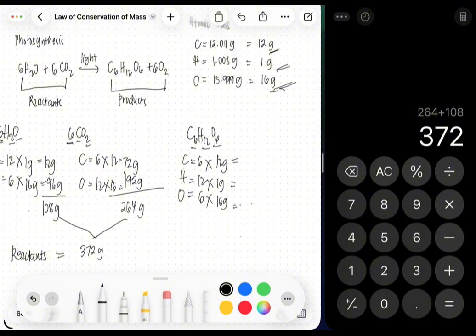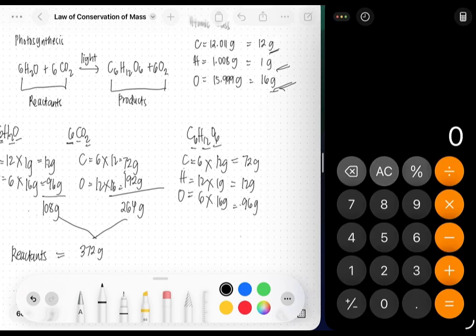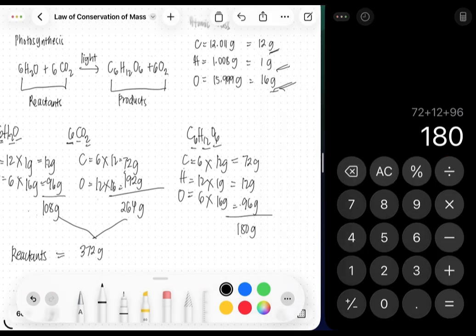So again, 6 times 12 is 72 grams, and then 12 times 1 gram is 12 grams. And then 6 times 16 is 96 grams. The total of this is 72 plus 12 plus 96. We get 180 grams. For the 6 oxygen gas, we just have here oxygen with 6 times 2, we get 12